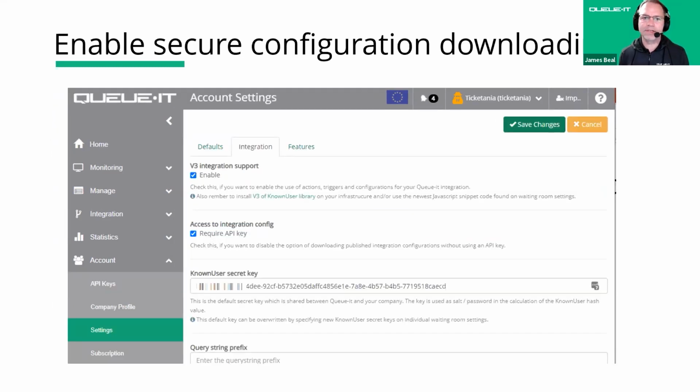And lastly, enabling secure configuration downloading. So our system, when you go into Go and you create your waiting rooms, actions, and triggers, you might know it generates a configuration file, and that file says what is protected, what isn't protected. You can read that file. It's a JSON file in plain text. However, if you click the box that you see on the screen and make it secure, the file is encrypted at the endpoint. Basically, your integration needs to pull it from our system and save it to your system. If you're doing it securely, it's encrypted at rest and all the way through transit, and then the API key can decrypt it